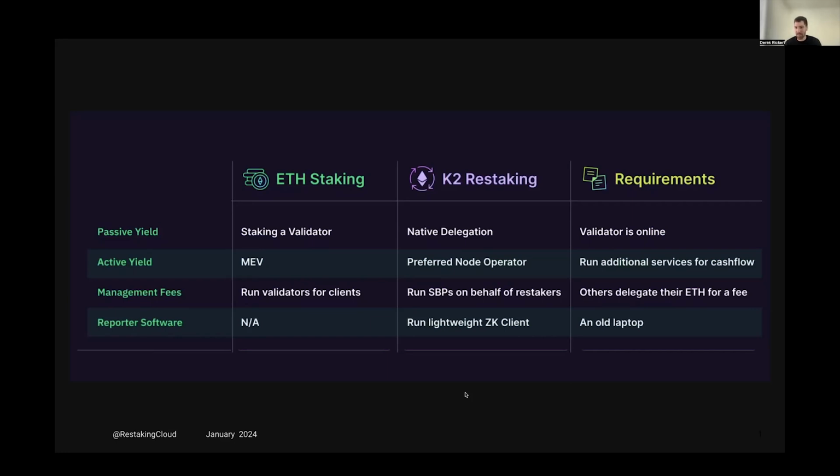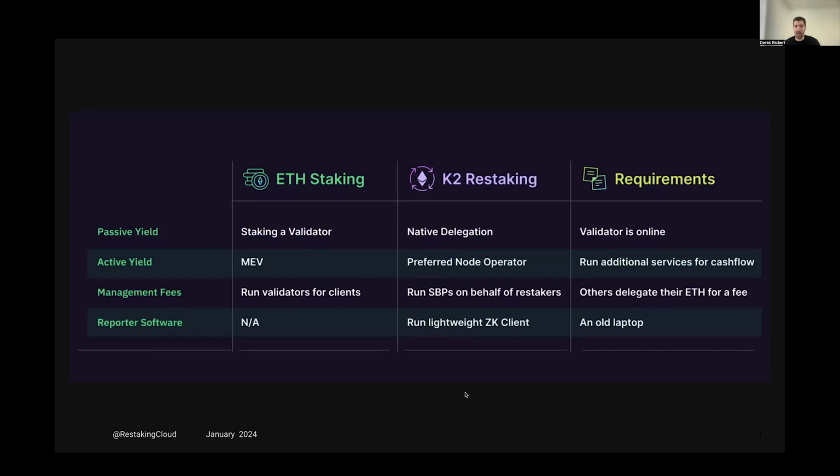They could even enforce slashing upon themselves, but also on other people. They can do both: running the validator and the node, becoming a PNO, receiving delegations, and